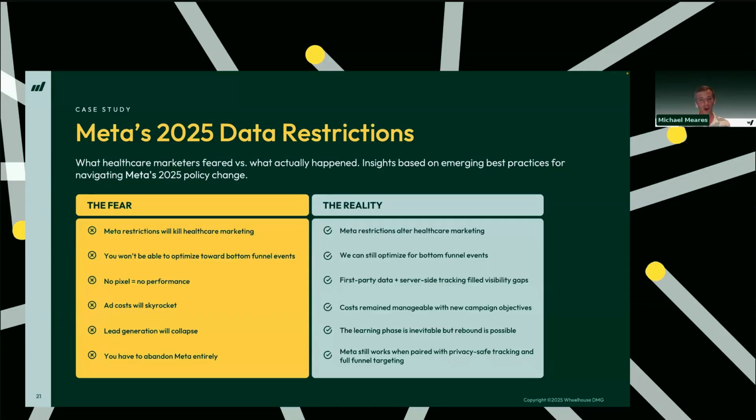Obviously, very scary. All the fears on the left were very, very real. Everyone was feeling them. People thought Meta restrictions could kill healthcare marketing, that you won't be able to optimize towards bottom funnel events, that you wouldn't be able to use a pixel anymore, and then you weren't going to get any performance, and that cost would skyrocket, or that you should just delete your Meta account. These were the fears, but the reality is, while it is scary